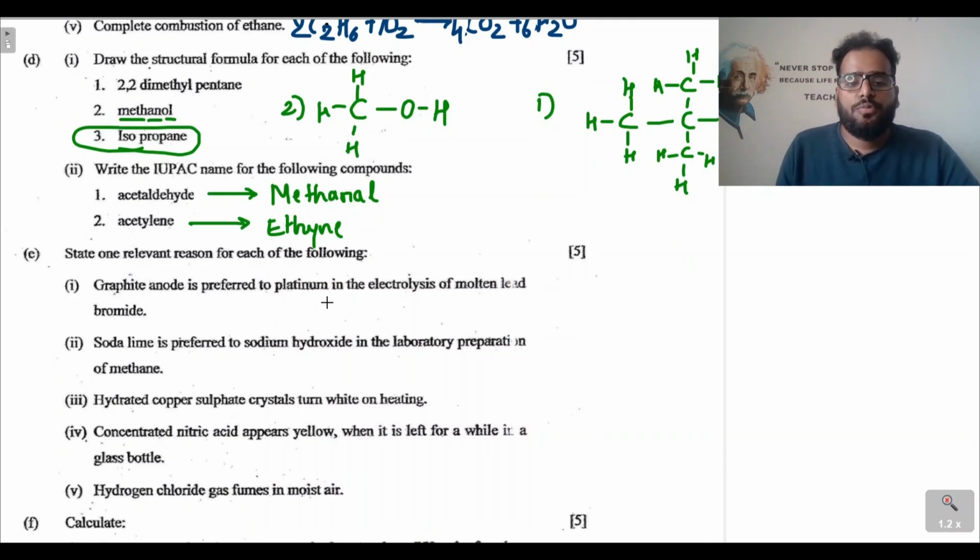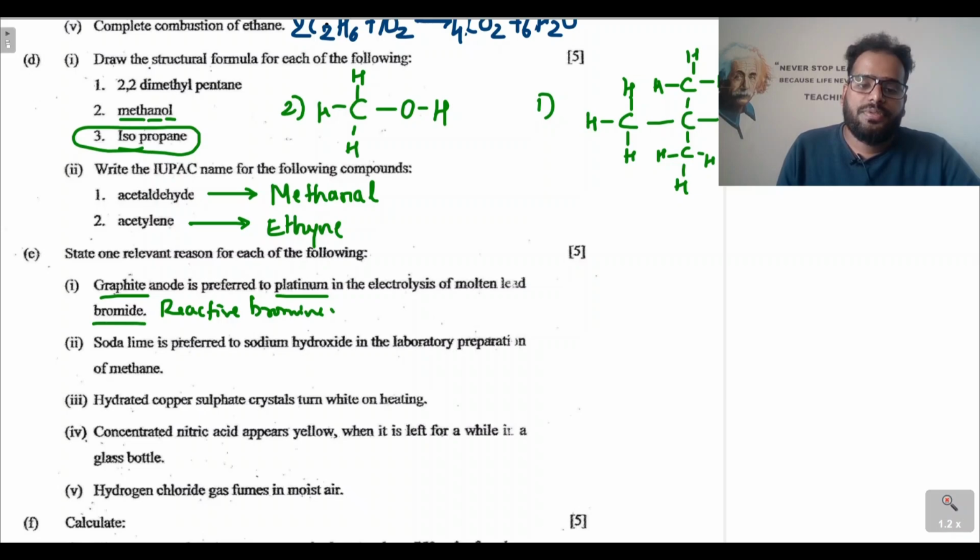State one relevant reason for each of the following. Graphite anode is preferred to platinum in the electrolysis of molten lead bromide. So graphite anode, why is it preferred over platinum? Because in the electrolysis of molten lead bromide, the bromine that is released may react with the platinum. Okay, so we will write reactive bromine vapors